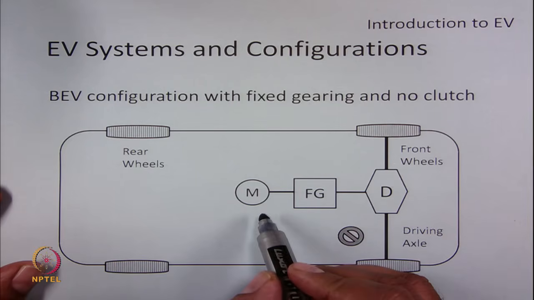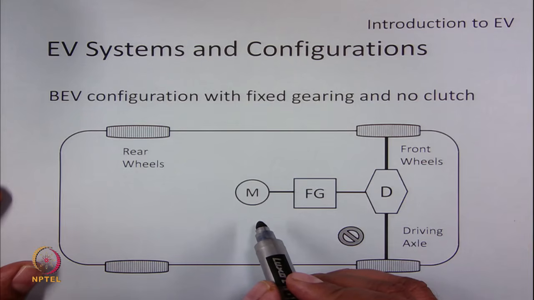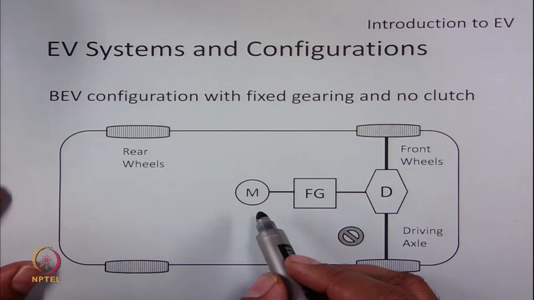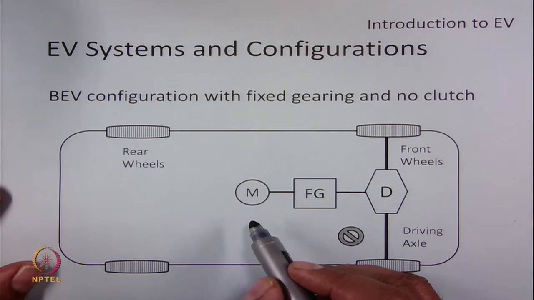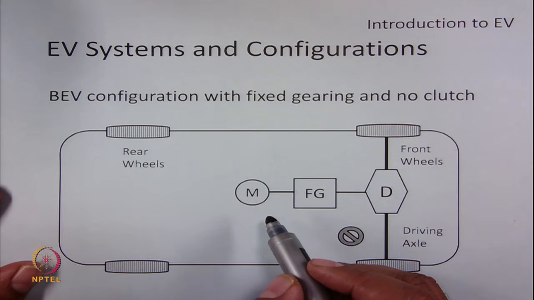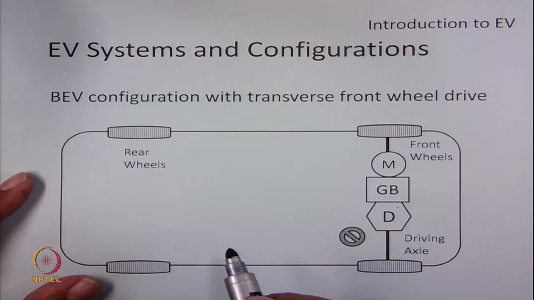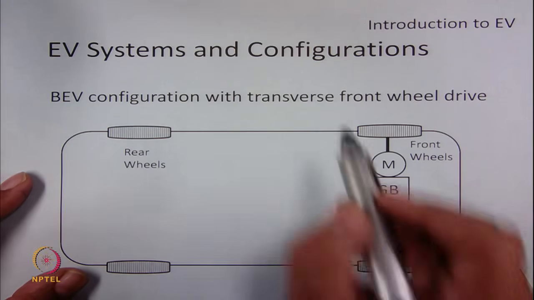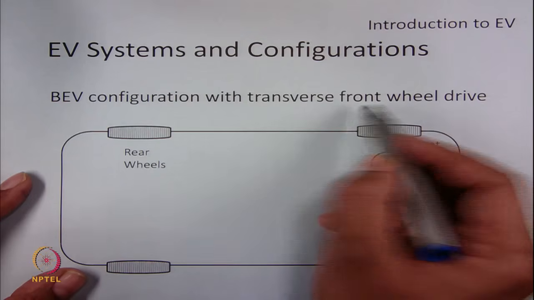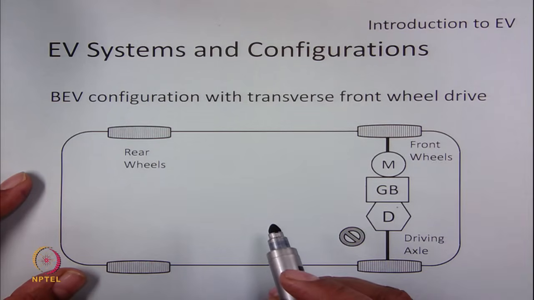So, here the design of the electrical machine is important, because the efficiency of the electrical motor has to be high in all the operating regions. This motor has to not only support very high starting torque operation, it also should support low torque, very high speed operation for cruising application. There is also a push towards avoiding the transmission system. So, there is a trend to use the transverse front wheel technology of a typical IC engine vehicle